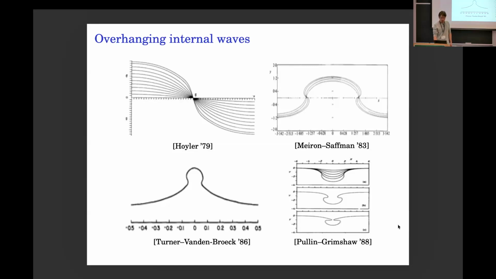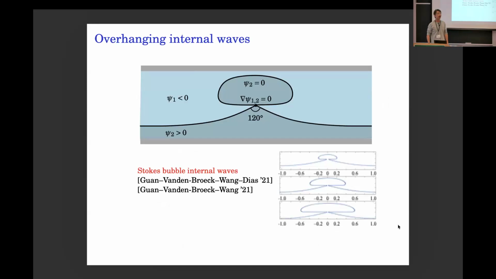And some more recent calculation, this is in 2020, is even more exotic. They call this mushroom looking thing a Stokes bubble. These are exact numerical computations, and the conjecture they are making is that at the end of the bifurcation, what one can see is a whole stagnant fluid bubble, which they call a Stokes bubble, sitting on top of a Stokes corner. So very exotic looking.